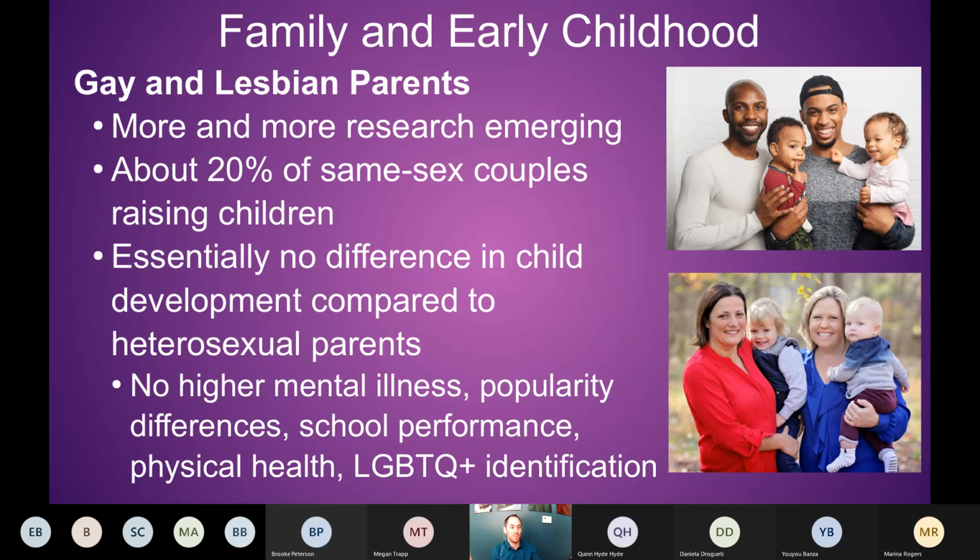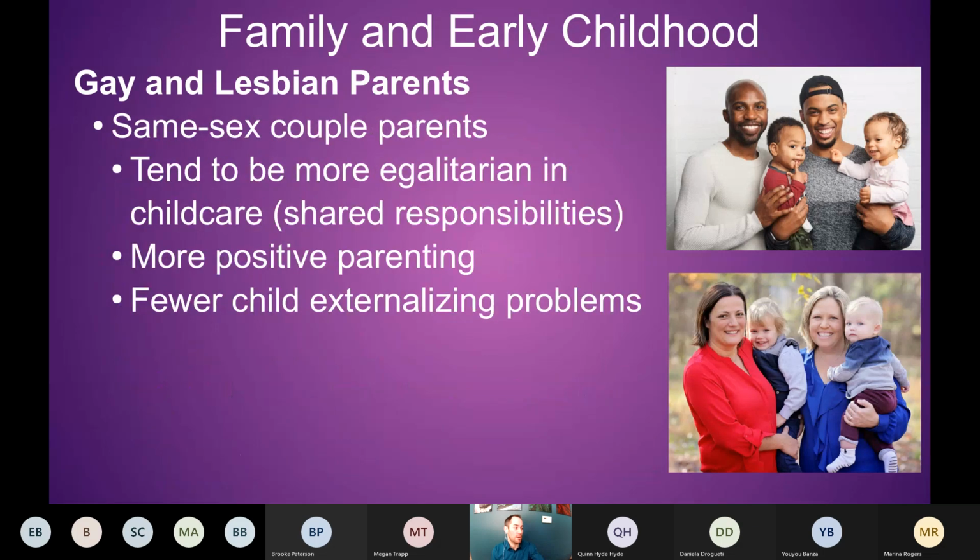So even having two parents who are same gender doesn't lead the child to be more likely to also be in a same-sex relationship later. So that's basically the big key here, essentially no difference, which is a positive finding, especially when these groups and these children have traditionally and in the past been targets